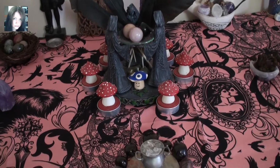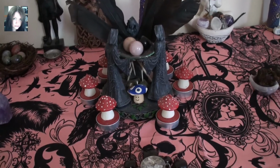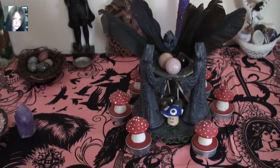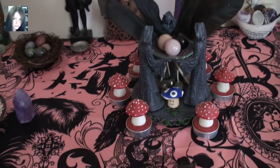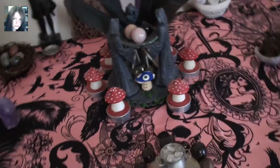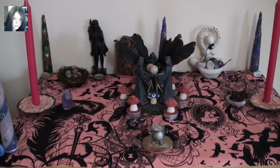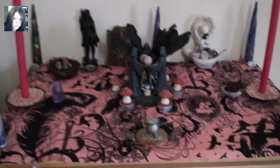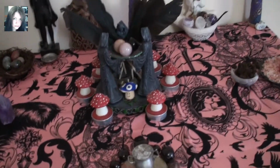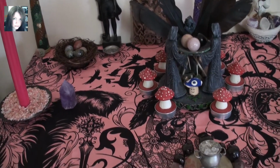There's also something around the energies of Alder being connected to Bran the Blessed, who lost his head, and his head carried on talking. And he also sort of went looking for the realm of the Fae, and pink is a little bit more of a Fae colour. But it's really, really interesting how masculine this is. I'm going to just back out so you can see it. This altar feels masculine to me, which it should, because the Alder is a masculine energy in overarching themes. And it just binds that together, that birth, the sort of the pink flesh of the cut pink flesh,